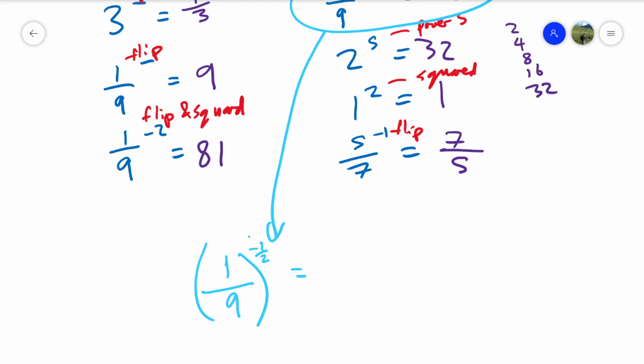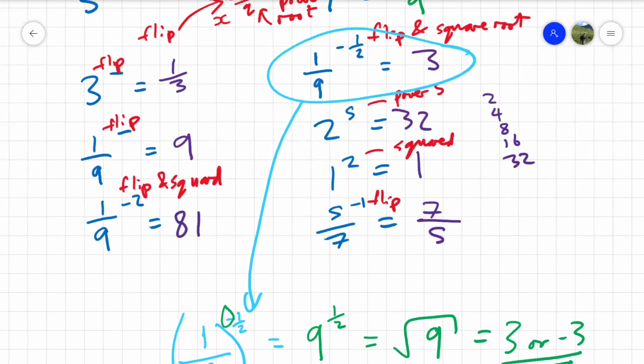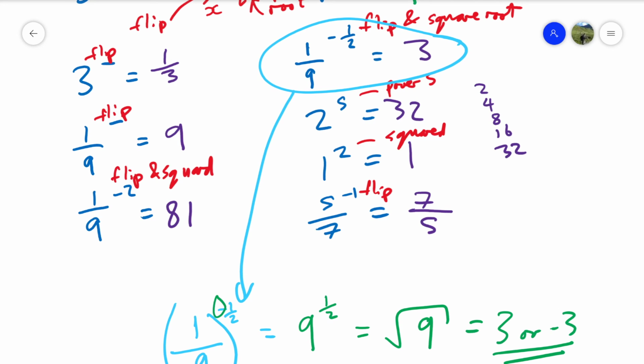So I'm just going to do the flip first. So that means it's 9. We've still got the half left. What does half mean? That means square root. So I'm just going to rewrite it as square root of 9, and now I'm going to write 3 or minus 3. Again, there's an issue here, which is, oh wait, here you just said 3, but here you said 3 or minus 3. It's to do with, well anyway, let's just